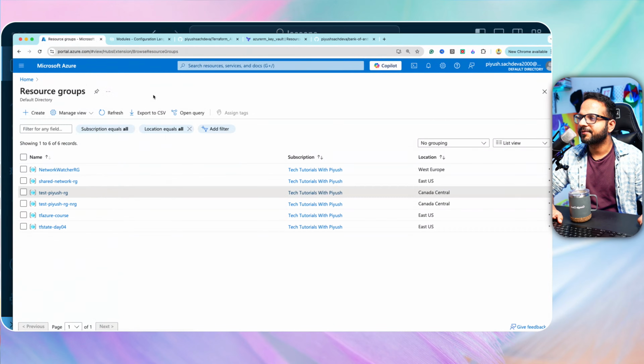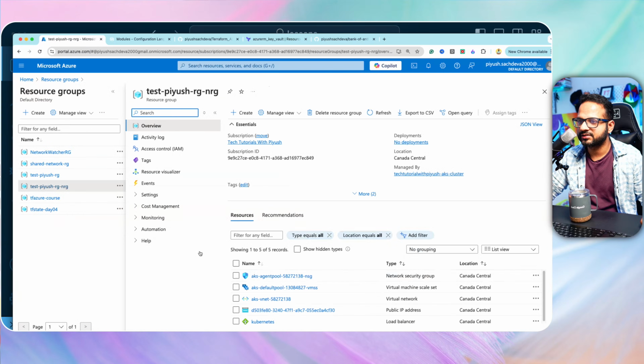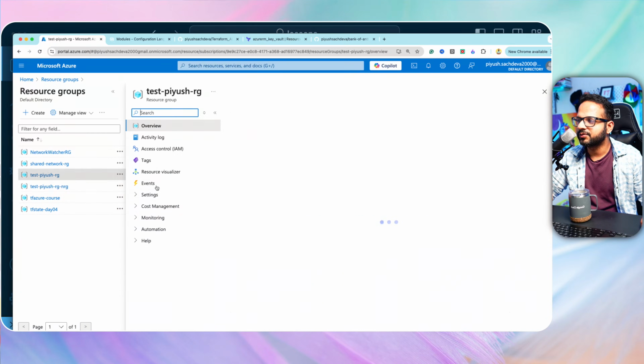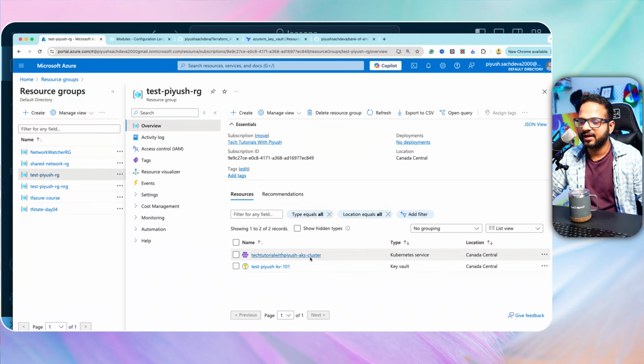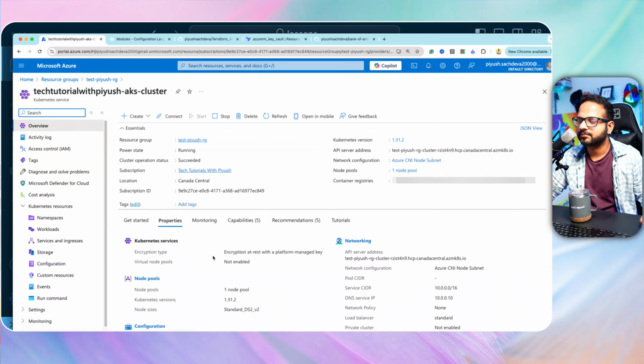Okay, so if we go to resource group, hit refresh, test. So you can see there are two resource groups. One is for node groups. So if we click on that, it will have AKS agent pool, default pool, virtual network, public IP, and load balancer. And if we go to the resource group, it will have AKS cluster and keyword, meaning the other resources. So if you go into the cluster,